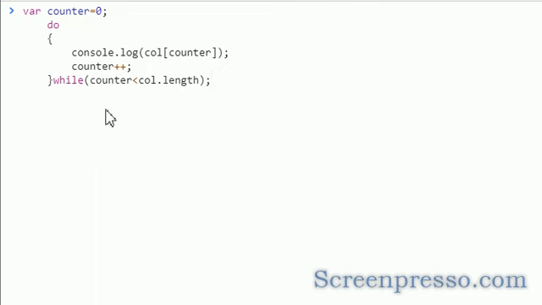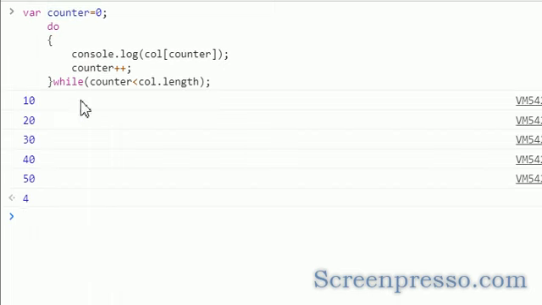Let's move on to the do while loop. The do while loop and while loop are more or less similar, but one thing is the while loop will check the condition and then allow. The do while loop does not check any condition the first time. It will execute this set of code, then it will check if it is true for the next and upcoming iterations, and only then allow. For example, consider here I am having the counter 0. Here I am printing, and it gets incremented. So as per our expectation, it gets printed.